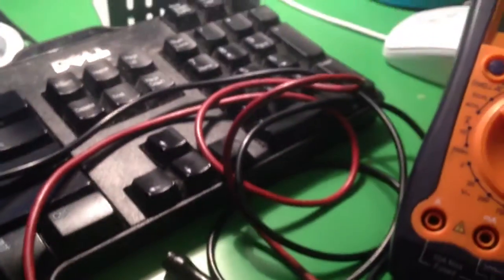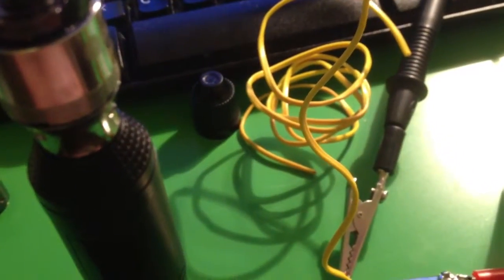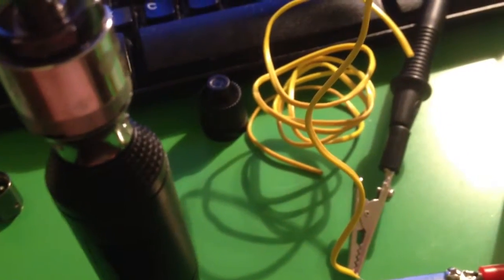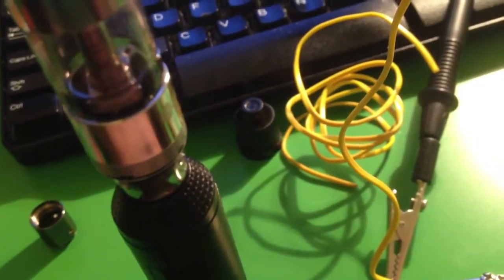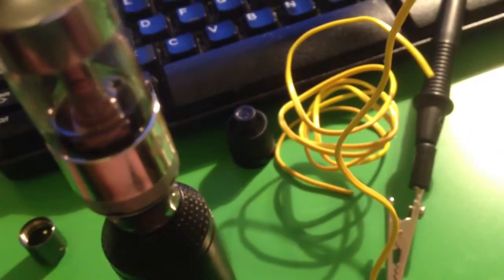Interesting. So, if you've ever seen some reviews of this mod here, it's not the most accurate mod in the world. When you're trying to fire 5 volts into a 2 ohm load, it's not exactly 5 volts, but it's as high as I can crank the power. It's probably coming in at more like 4.8 and maybe a little lower. To actually fire 5 volts into a load and actually get 5 volts, you'd have to have a much higher ohm coil, probably around 3 or 3.2 ohms. But the wattage is